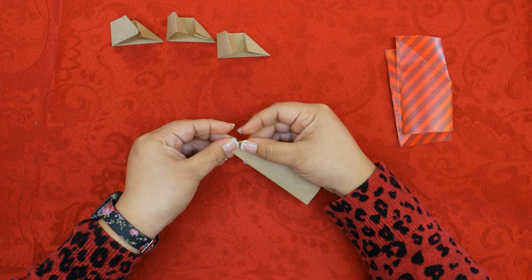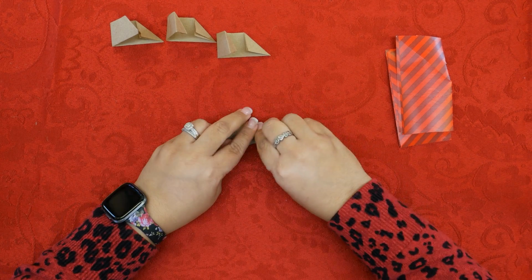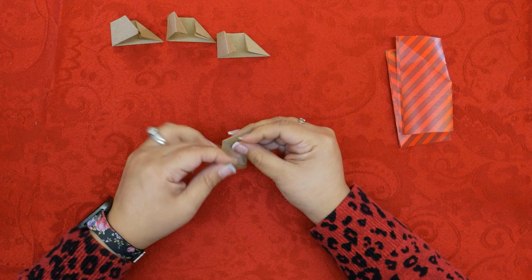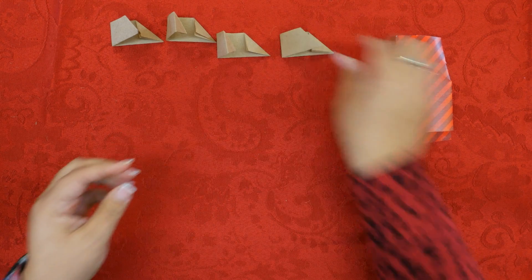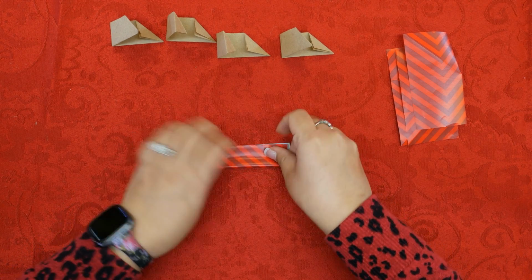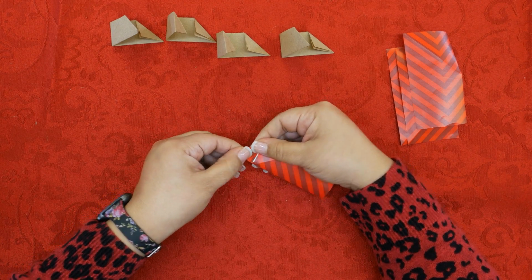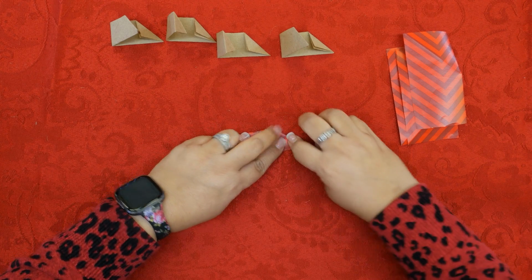And this is something that you can do with family and friends while you're decorating your Christmas tree. I know I practiced my fold with a good friend of mine. We were actually on a video chat call, and we were folding the same little Christmas wreath, and we were just talking about how I was going to use mine to finish decorating my Christmas tree, and